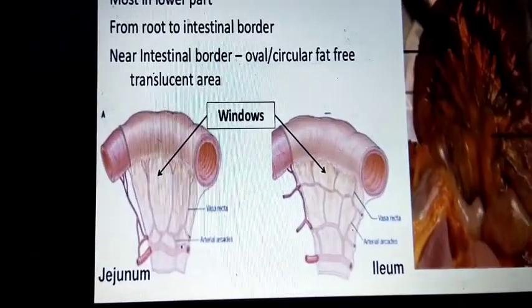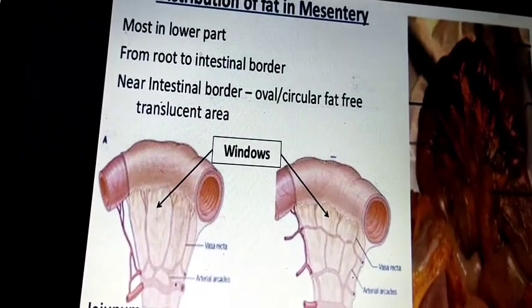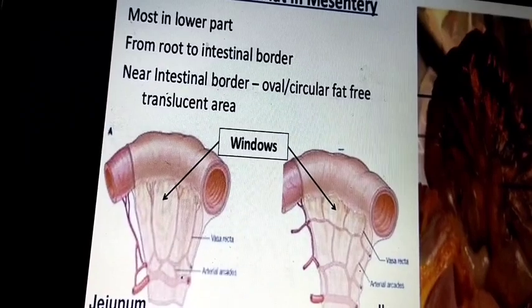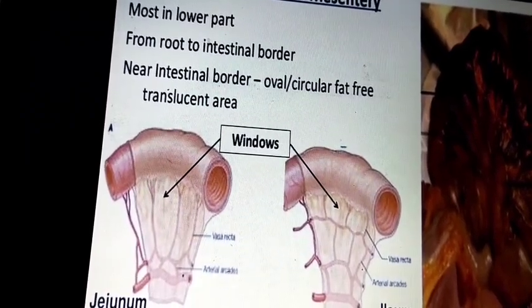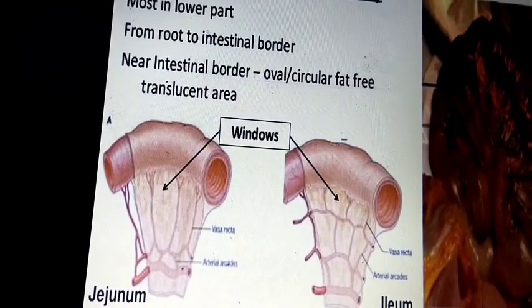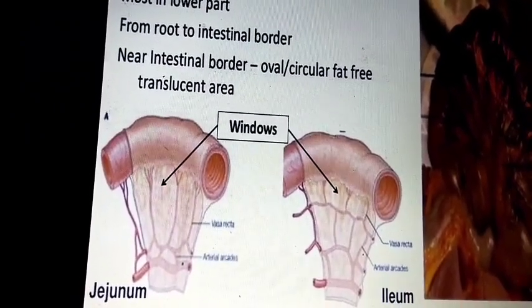Now we can go to a very important feature: distribution of fat in the mesentery. By this we can identify where the jejunum starts and where it ends, and we can know the identification of the windows and blood supply.